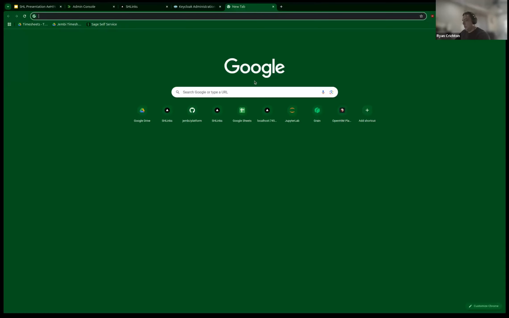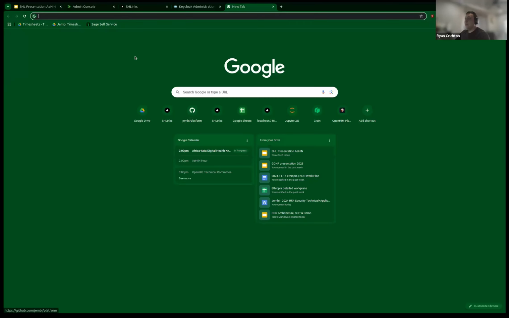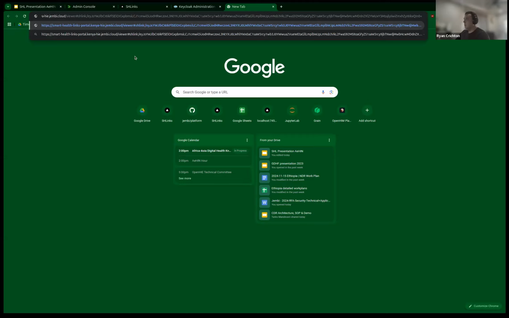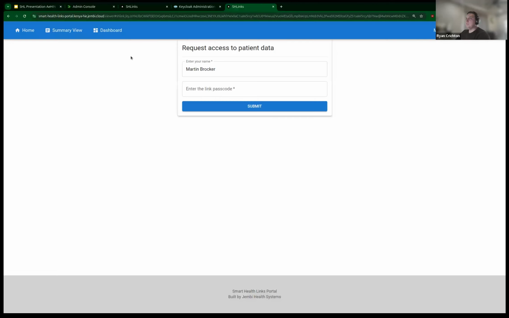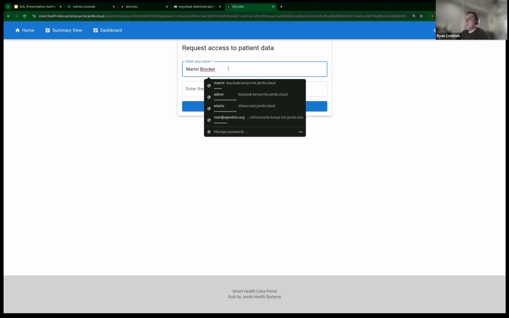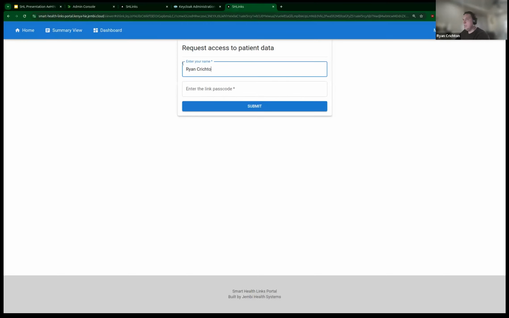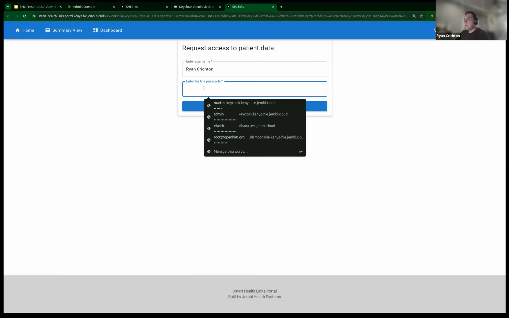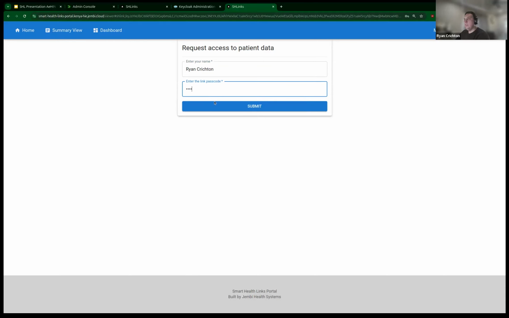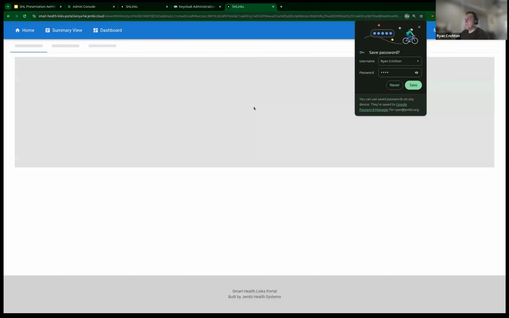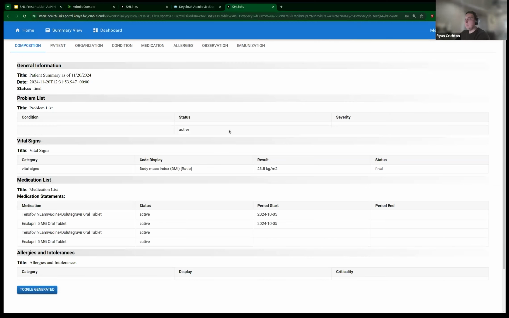Okay, so I'll move on. If I open a new tab and paste in this link, it brings me to this request access to patient data page. I can enter my name, Ryan Crichton, and the passcode, 1234. And if I submit this, I get access to the same data that the patient has stored